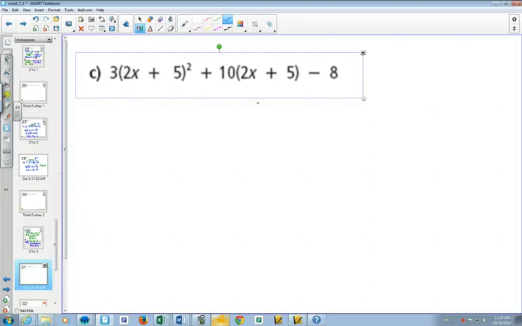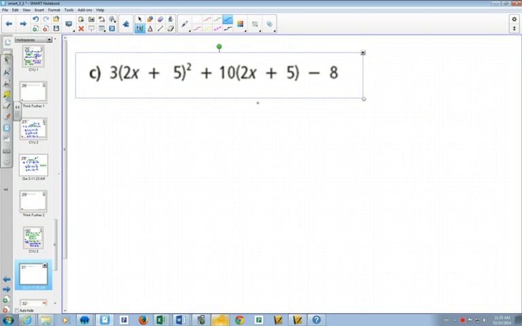So before you dive into a question, you want to take the time to look at it and say, does it look like a trinomial even though it's got a whole bunch of other stuff in there? Yeah. So then you might use this strategy to substitute. What letter would you like to use this time? How about